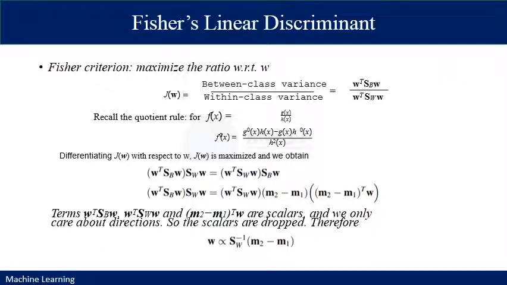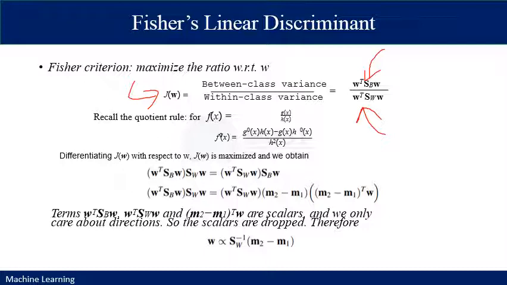So this philosophy works on Fisher's criterion, which is defined to be the ratio of the between-class variance to the within-class variance, and it is given by a cost function. Again, SB is the between-class covariance matrix and SW is the within-class covariance matrix. Differentiating the cost function with respect to the weight matrix, we find that the cost function is maximized when we find